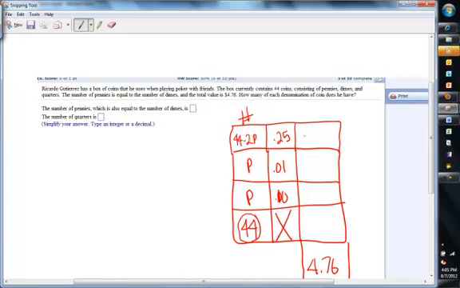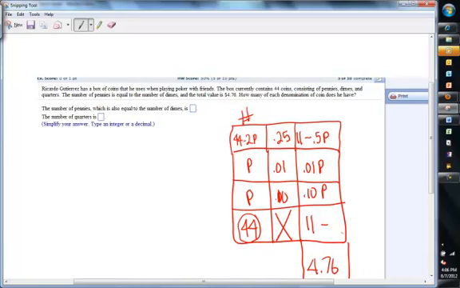Okay, so let's multiply it out. 44 times 0.25 is 11, minus 0.5P, 0.01P, 0.10P. Now let's add these together and we get 11 minus